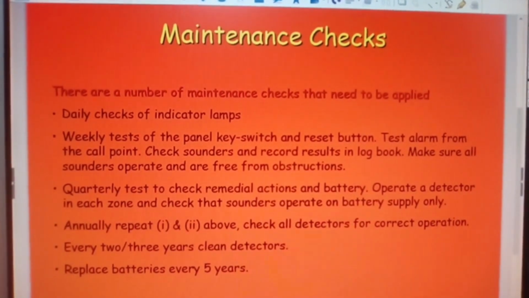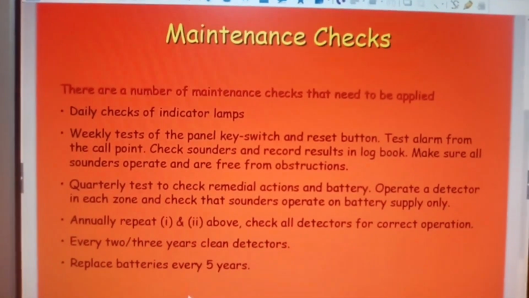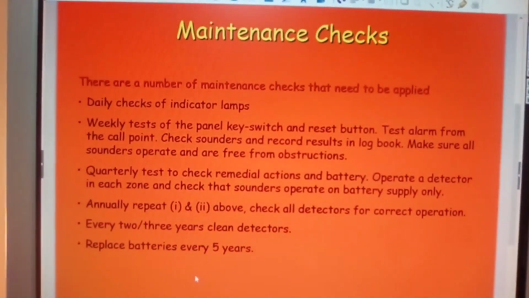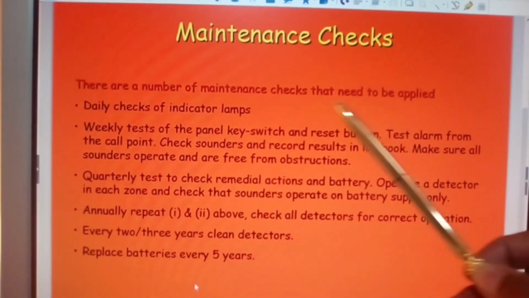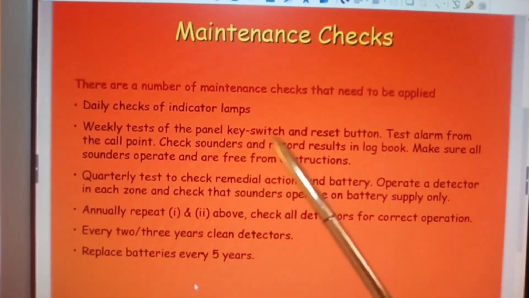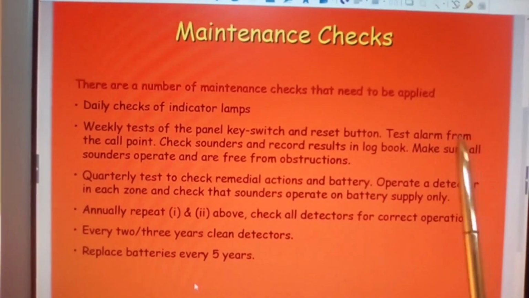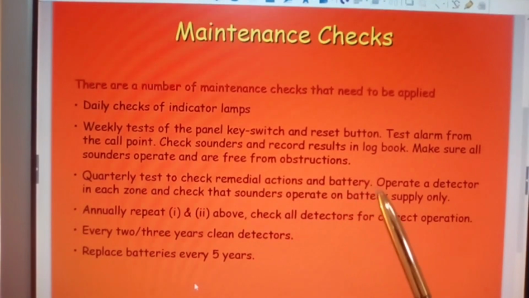Maintenance checks. Now most people think that this is simple to do, and it is, but you'd be surprised how many people actually don't do it, and that is one of the disturbing things of all. There are a number of maintenance checks that need to be applied: daily checks of indicator lamps, weekly tests of the panel key, switch and reset button, test alarm from the call point, check sounders and record results in logbook,